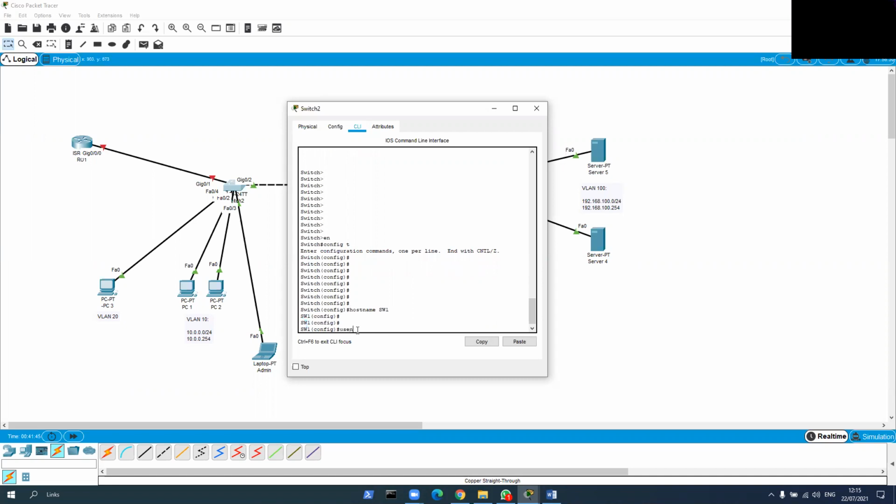Let's create a username. It will be Argon, my name, privilege 15. Privilege, you can set it between 1 to 15, and this gives authorization to the user. 1 is the lowest, 15 is the highest. We're going to give him 15 because it's our user. So privilege 15, secret is